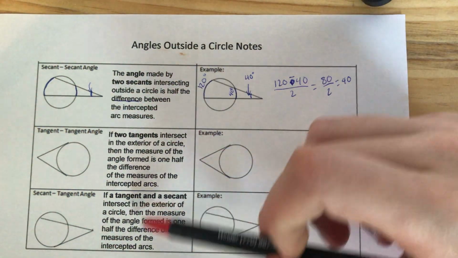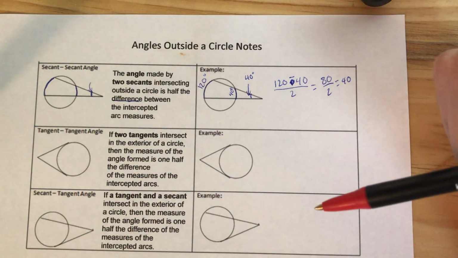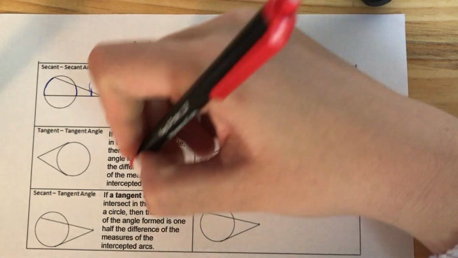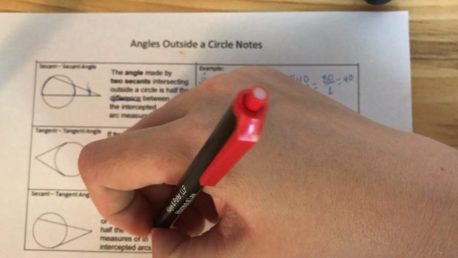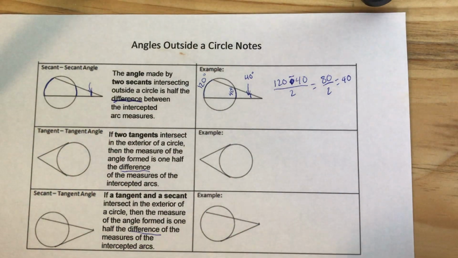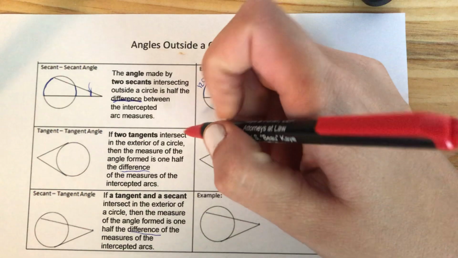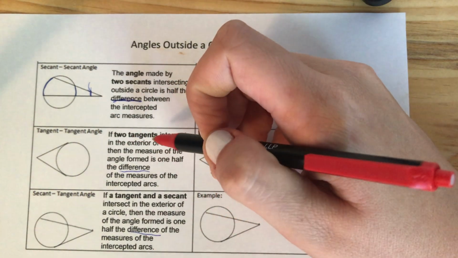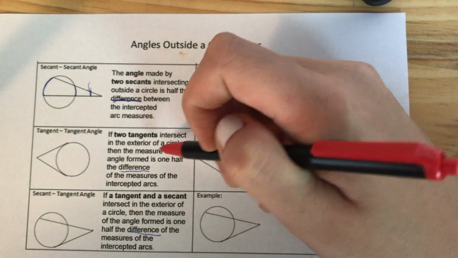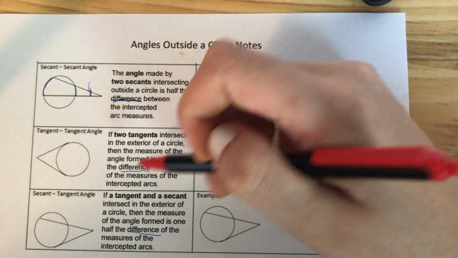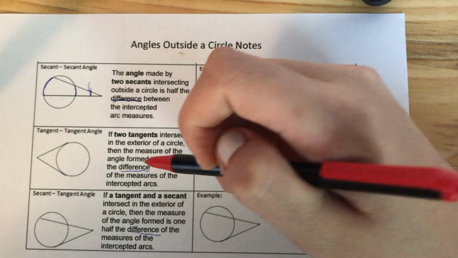These are all going to be the same where in the past we have added. Now we're going to be taking the difference or subtracting. Okay? So you'll see that common word is with all of these, half the difference, half the difference, half the difference. So we're just dividing by 2, subtracting, and then dividing by 2. For these, okay? So let's go to tangent. Two tangents intersect in the exterior of an angle. Then the measure of the angle formed is 1/2 the difference of the measures of the